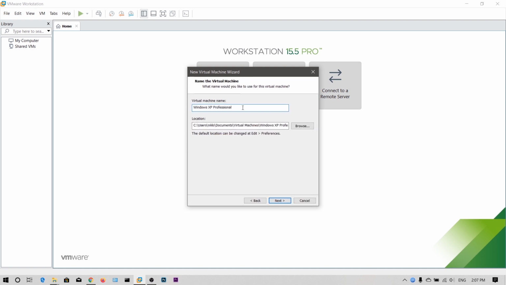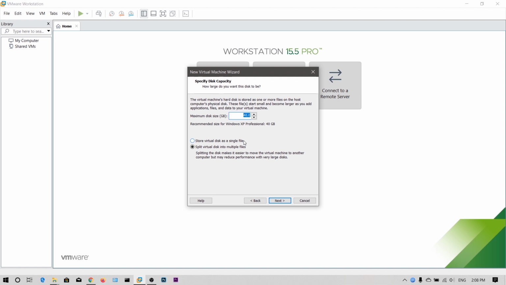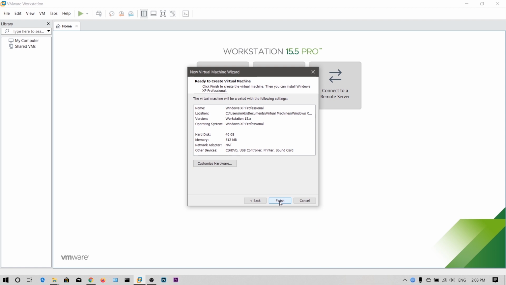Now you can name your virtual machine, and also you can set a location. I am going to leave it at the default location. Now click Next. Now you can assign the size of the virtual disk, and select this option, store virtual disk as a single file, so that it will be easy to copy if you want to. Now click Finish.